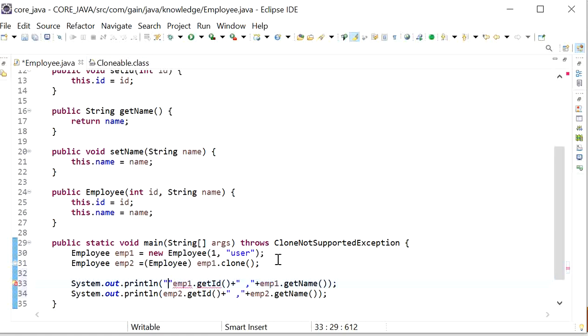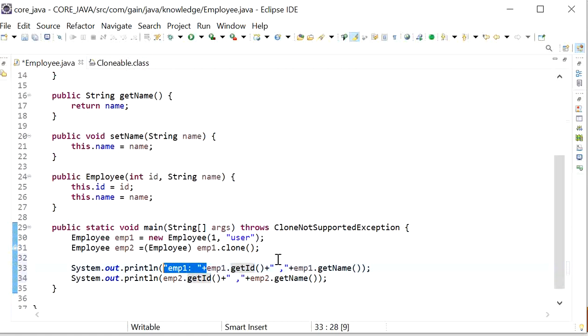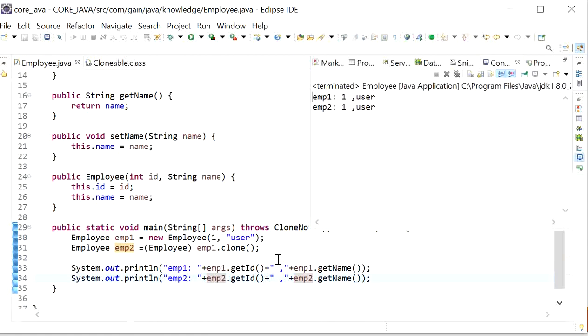This is employee 1 and here employee 2. Now if I run this application, here we can see the output. Employee 1 is id 1 and name user, and employee 2 is the duplicate copy of employee 1, that is id 1 and name user.